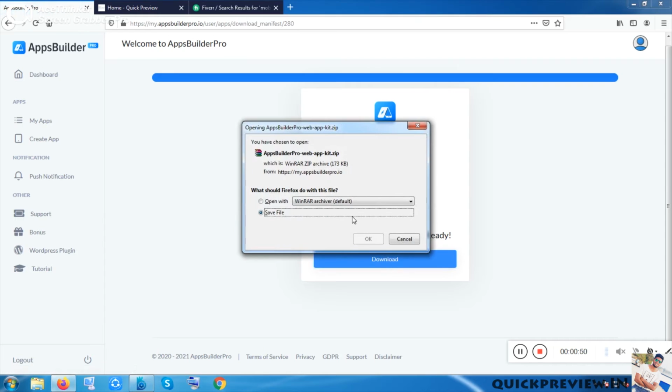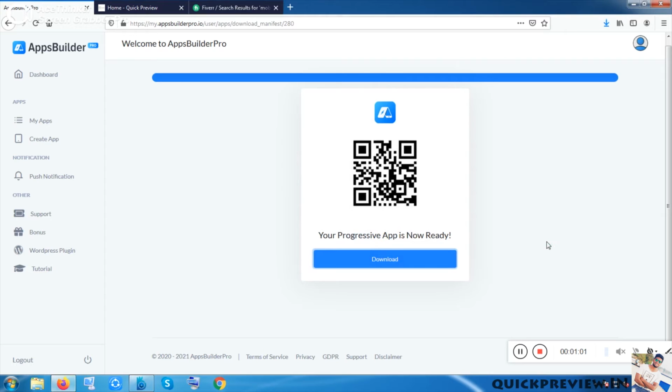You can see this is my app, and I can put it anywhere. This is my WebKit app. Okay, I can install it. This is a zip version, and I can install it on my mobile phone, and I can give it to any people, or I can send only the QR code to them, and they can download. Sorry, my English is not so good. My mother tongue is not English. Okay, but I always try to better it. So they can download it by going through this QR code. Okay, this is very easy.